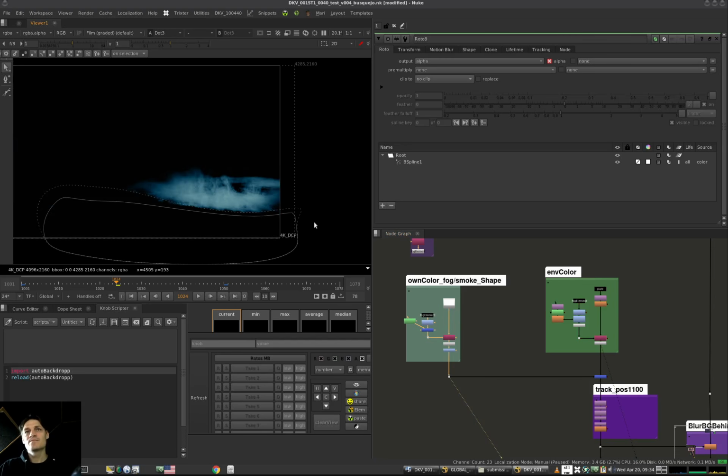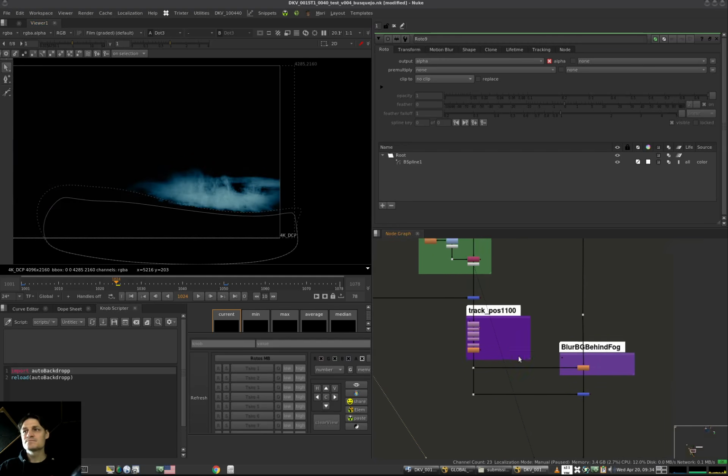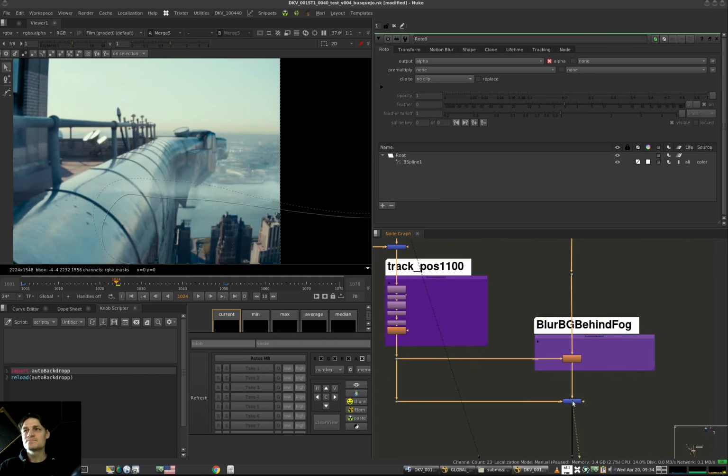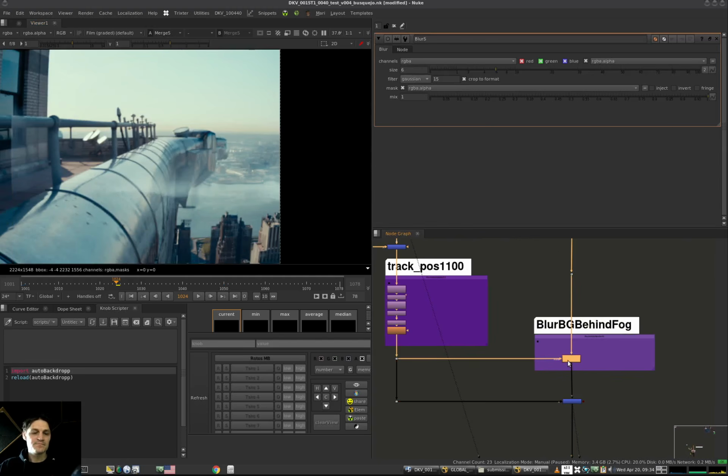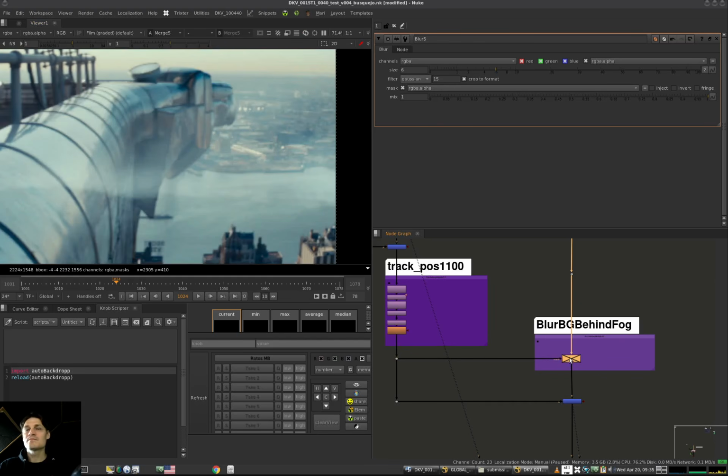But yep, that way I can tweak a bit the element. And also another thing that I find quite useful is this tiny blur on the background before comping the smoke. Here, maybe it's not too visible, but usually it gives some kind of nice integration, because it helps to blur what is behind the smoke, which is what usually happens in a real